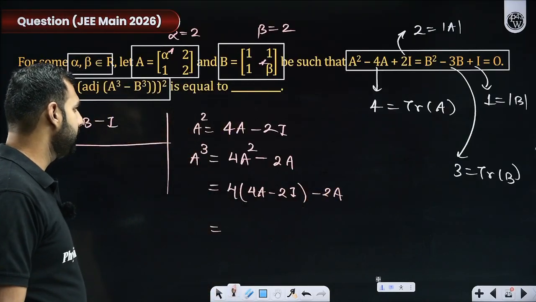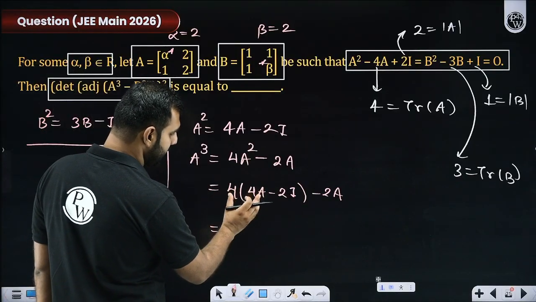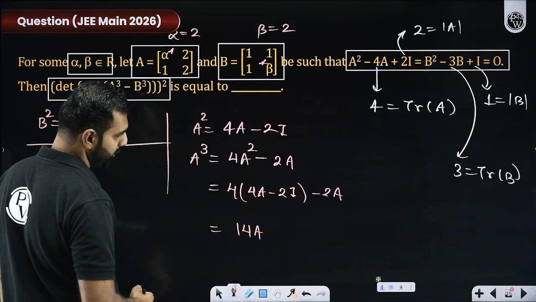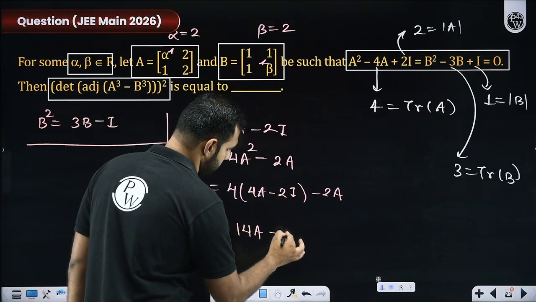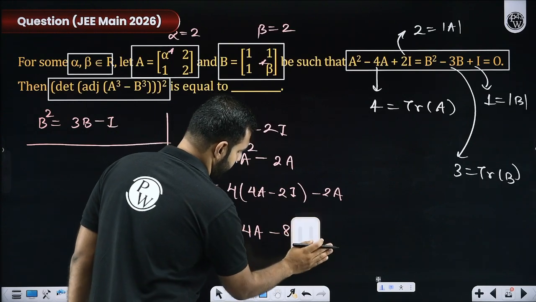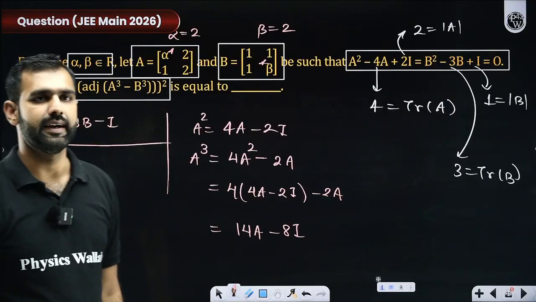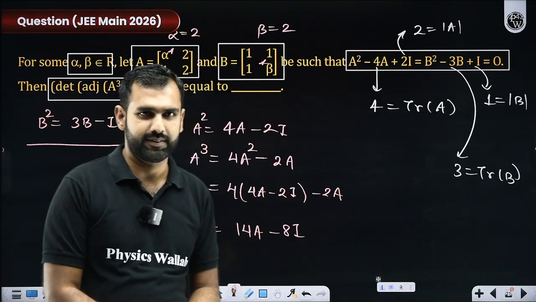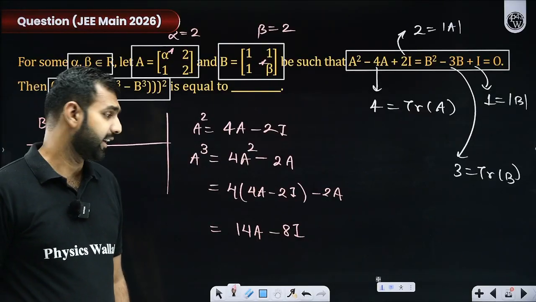This is 4a minus 2i into 4 minus 2a, right? So this is 16a minus 2a, that is 14a, and 4 into 2, 8. Correct me if I'm wrong. So this is minus 8i. Right, everyone? I repeat, 16 minus 2 is 14, then it is 8i. Yes. Thank you so much, Dakshit and Adesh. Thank you so much, Moktika. Yes, I missed that. Thank you so much for highlighting it.